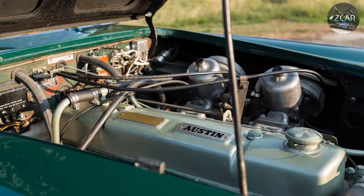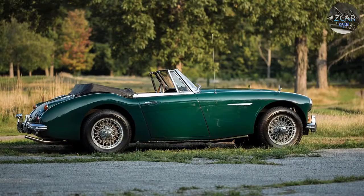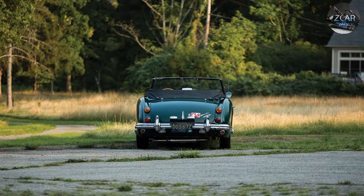This Healey typifies the genre of affordable British post-World War II sports cars. Exported to the US in droves, these cars helped rescue the island's motor manufacturers. The first car sold for Mattel's Barbie doll was, in fact, a pink Healey. The 3000, designed by the famed racer and engineer Donald Healey and assembled by the giant British Motor Corporation, debuted